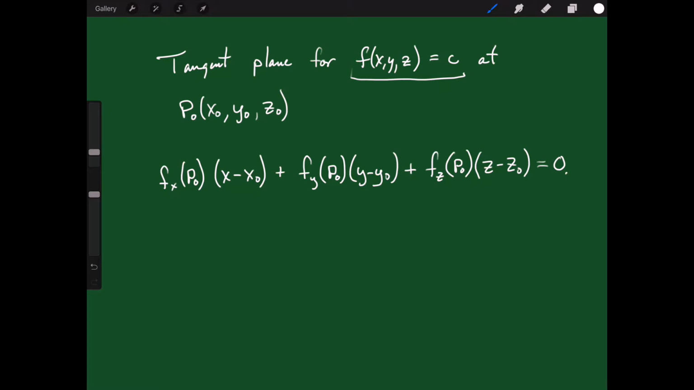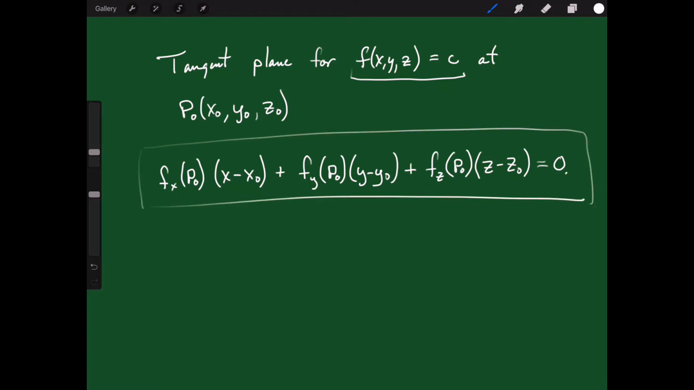or in this case we might consider this a level surface. And so here is the equation for our tangent plane at a given point x0, y0, z0. Okay, I also need the same thing for a normal line. So if I want a normal line